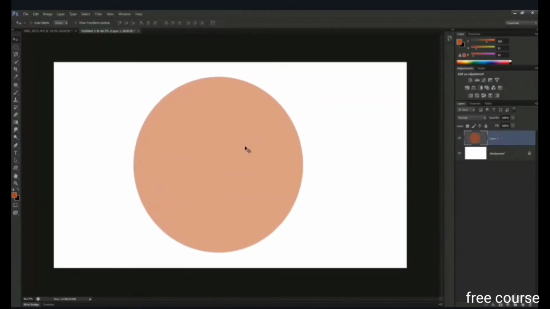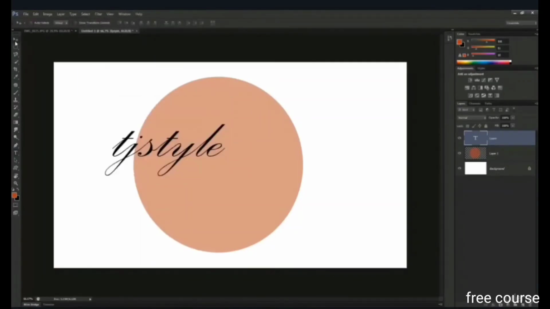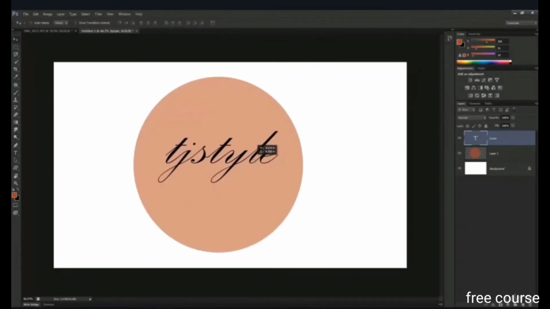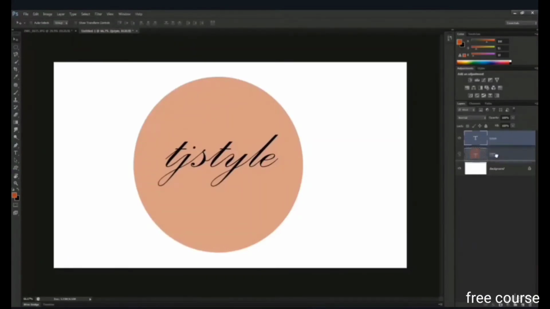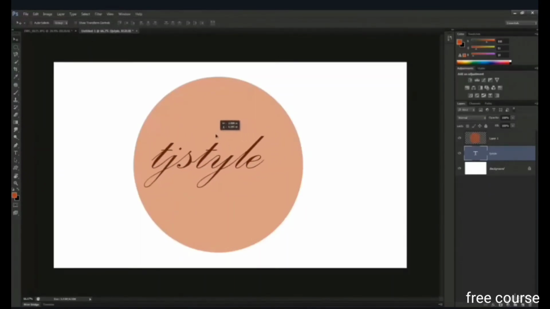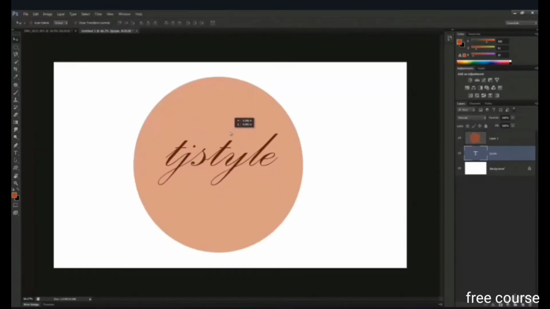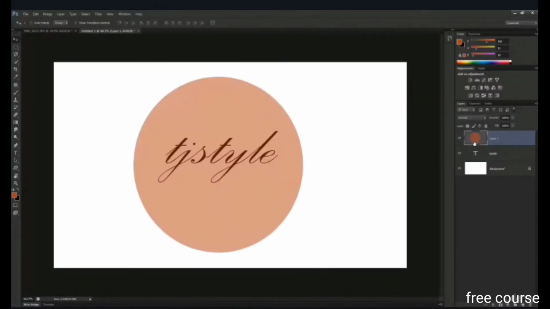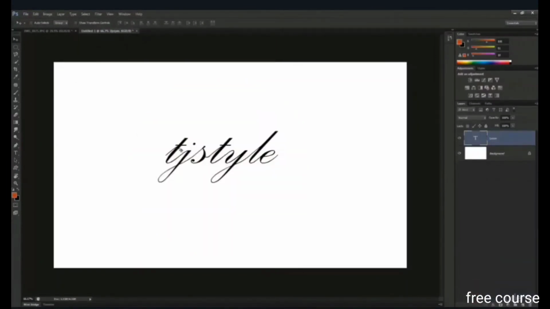If you don't believe me, let me just show you an example. Increase the font like this, like that. And if I was to bring this TJ style layer below my circle, then you can see that we get that slight circle shade. That basically means that it's a see-through circle. Sorry. So that's how you work with the fill command. You have lots more options with fill. I'm going to delete the circle, create a new circle